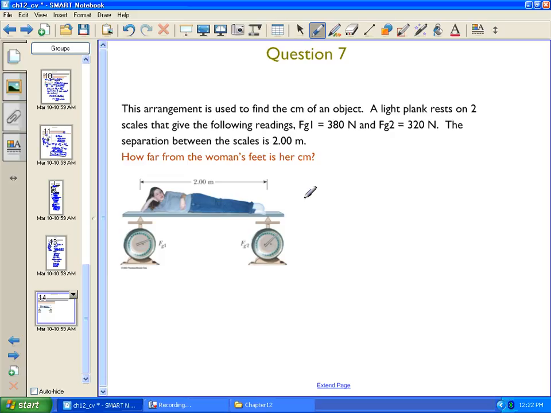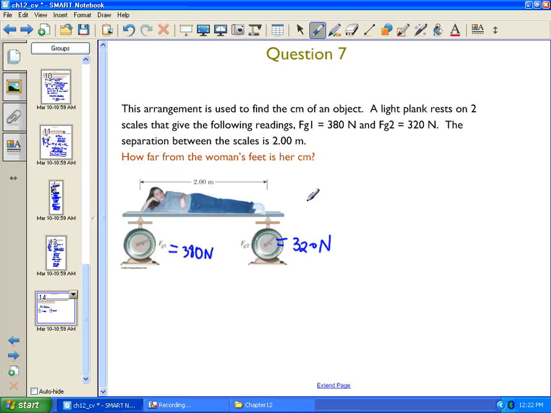The reading on these scales is 380 newtons for the left-hand side, or at the head, and 320 newtons on the right-hand side, or at the feet. We are told that the separation between the scales, which by the way appears to be the height of this lady, and that would make her quite tall, over 6'6" tall. Anyhow,